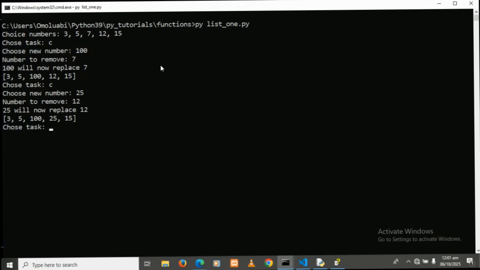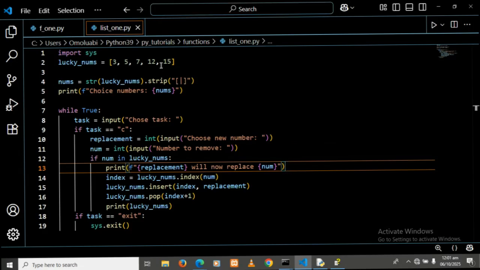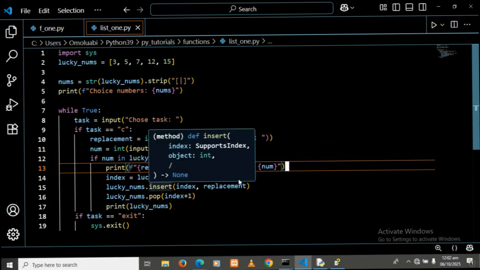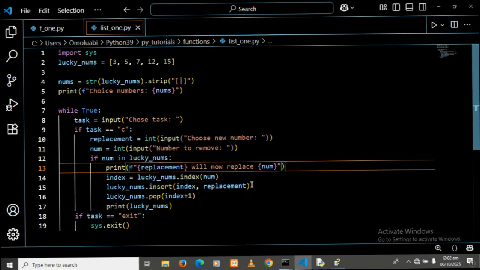So this is a program that uses three different list methods. It uses the index method to get the index of a number we would love to remove from a list. It uses the insert method to insert a number at a particular index, and it uses the pop